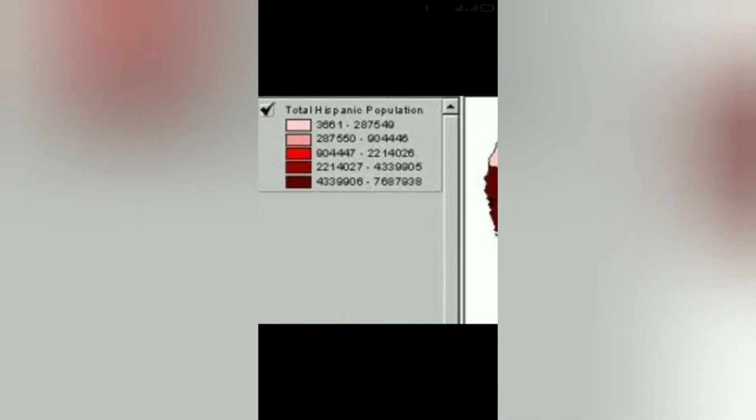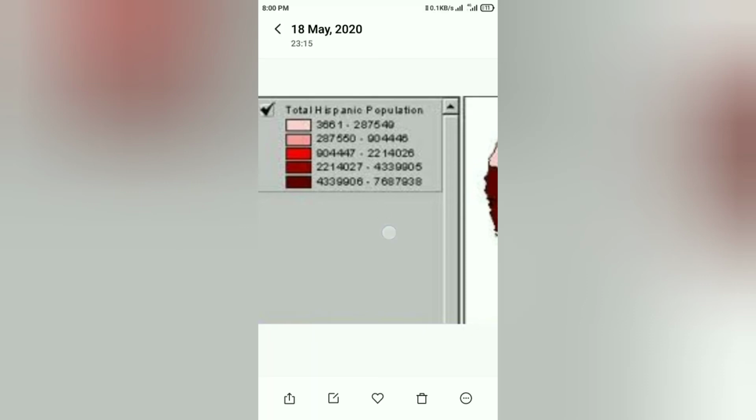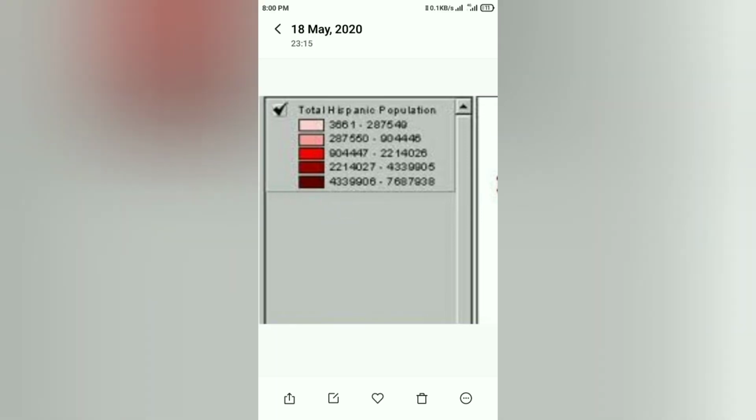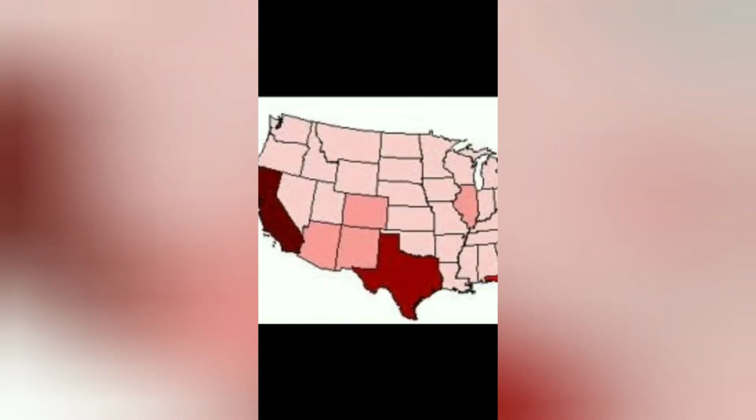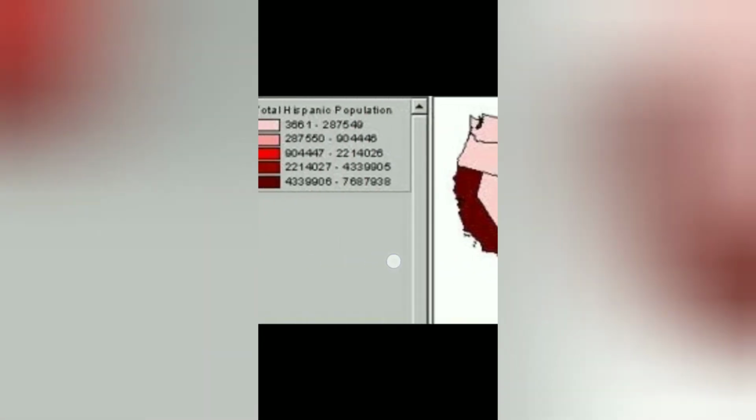Here is the lower value and here is the higher value, and in between I made some groups, and then I show those classes with some colors. In the map you can easily see that I show the density of the variable with the help of colors. This is the tint of color.